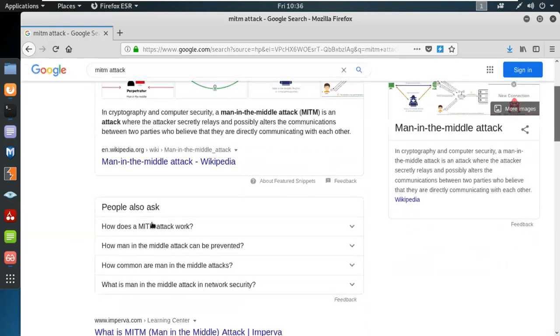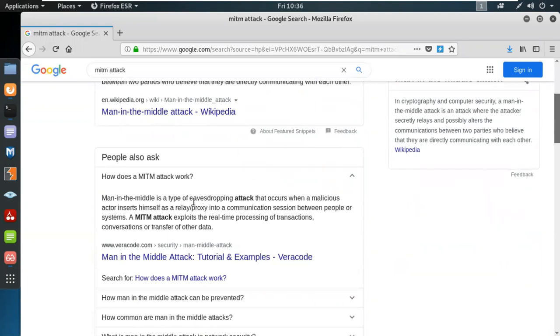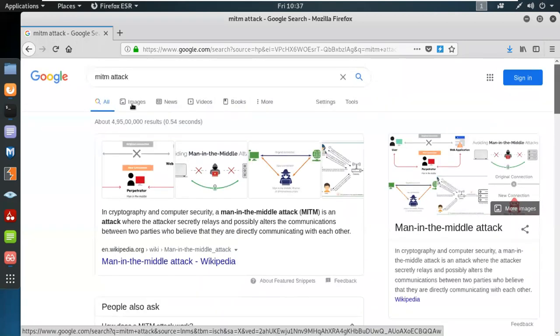And how does it work? Basically, it is a type of eavesdropping attack that occurs when a malicious actor inserts himself as a relay or a proxy in a communication session between people or systems. An MITM exploits the real-time processing of transactions, conversations, and transfers of other data. Okay, sir. For example,